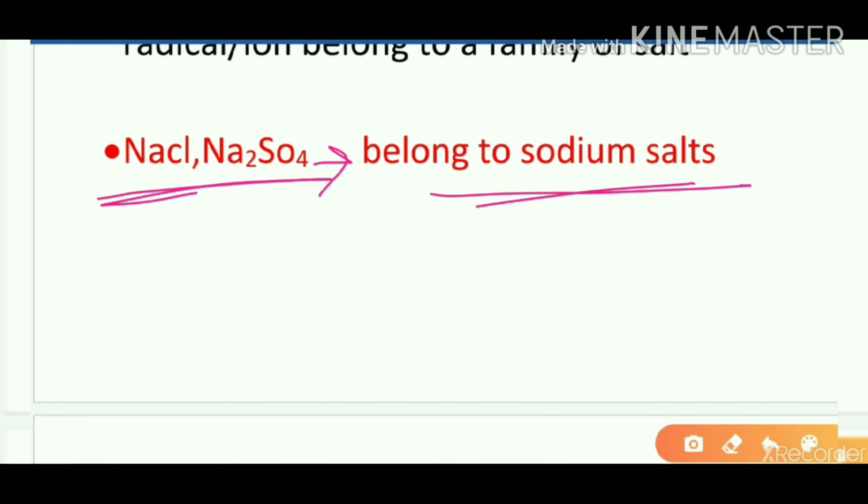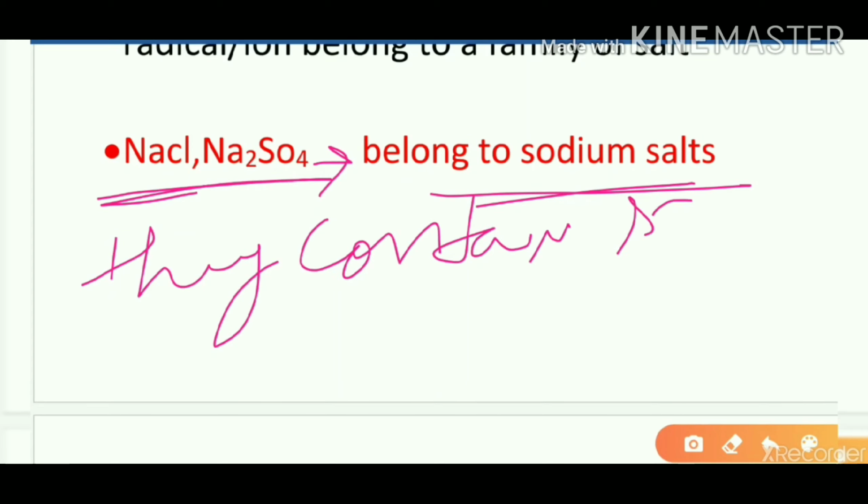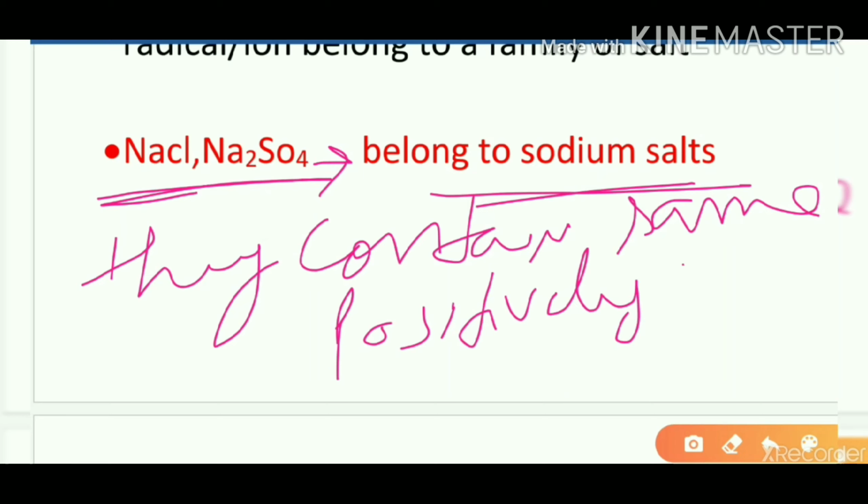Because they contain the same positively charged ion. Next,